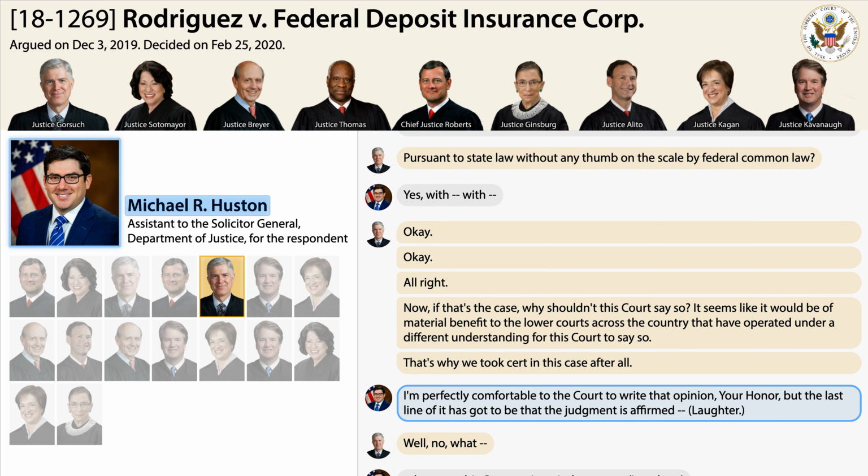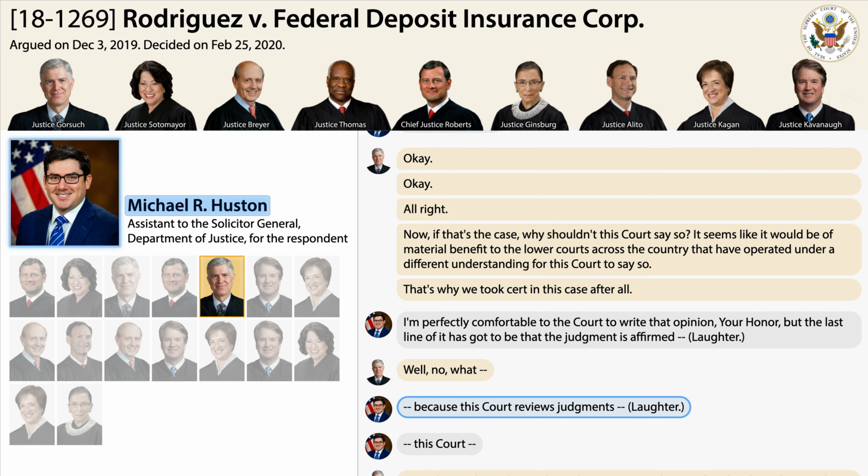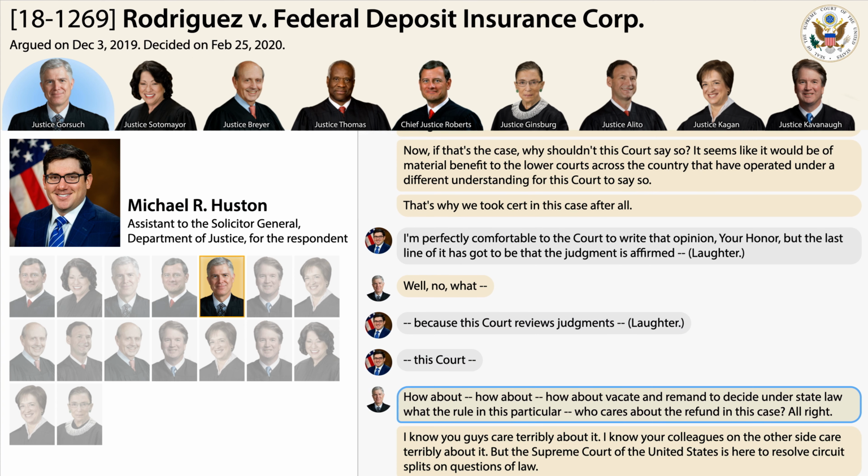I'm perfectly comfortable with the Court writing that opinion, Your Honor, but the last line of it has got to be that the judgment is affirmed. Well, because this Court reviews judgments. This Court. How about vacate and remand to decide under state law what the rule is in this particular